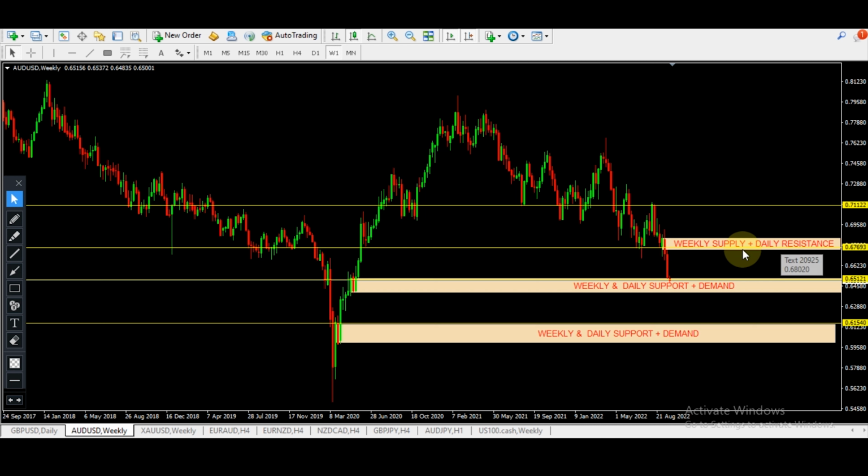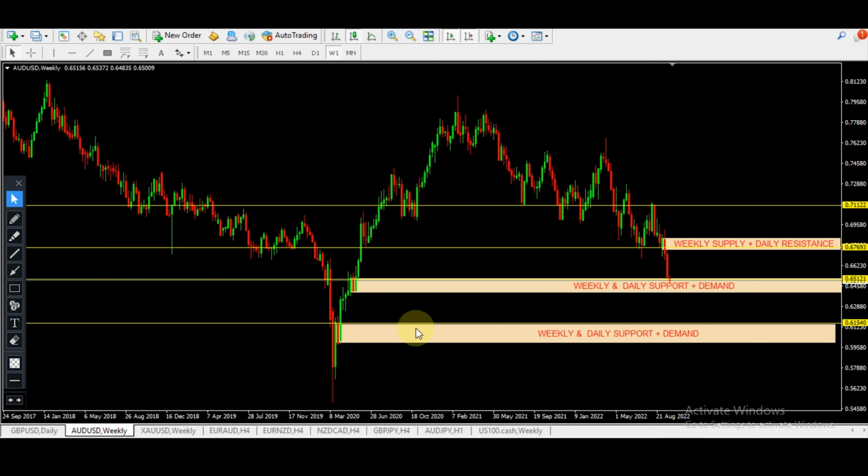So on the weekly time frame, we have got this supply, and then on the daily we've got the resistance over here. So the market, if it is pushed up here, if this level holds, we expect the market to go to the upside and be rejected right here. So if the market gets supported here and goes to the upside, we expect it to sell off from here, and then from there maybe the market might continue going up, or it might calm down actually maybe to